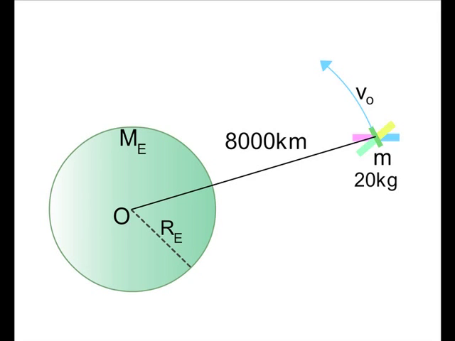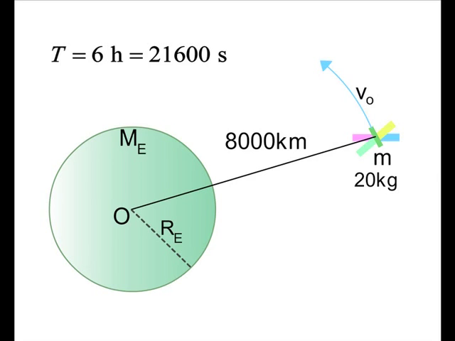We know that the angular momentum of a satellite in the nth orbit is m vn Rn equals nh upon 2 pi. Here m is equal to 20 kg, Rn is equal to 8 into 10 raised to the power 6 meter, and orbital time period is 6 hours or